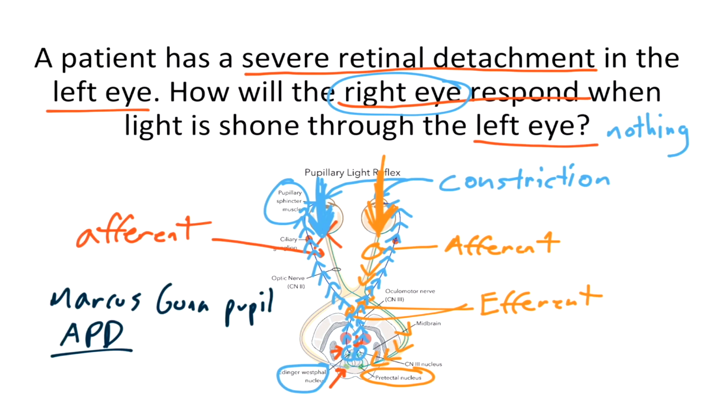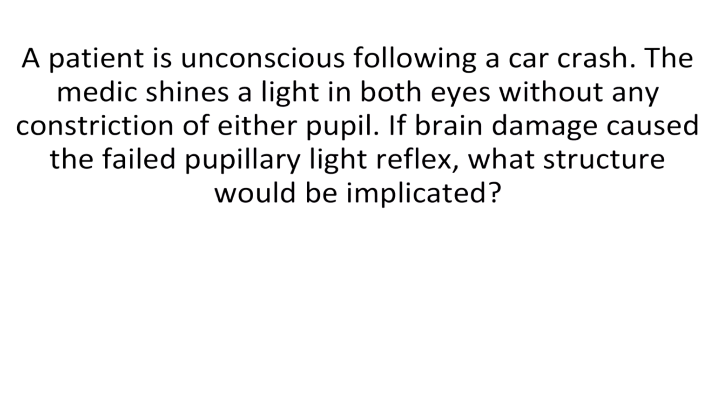This simply means that the afferent limb of the pupillary light reflex is dysfunctional, causing neither pupil to constrict when light is shown through the eye with a defect. Let's do another question. Let's say a patient is unconscious following a car crash. The medic on site shines light in both eyes without any constriction of either